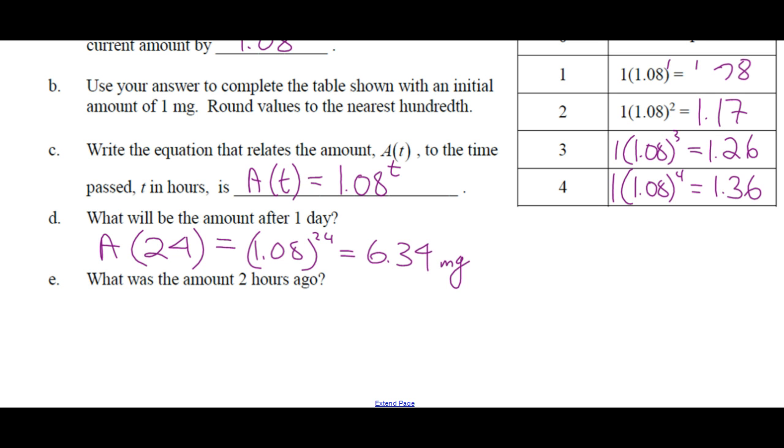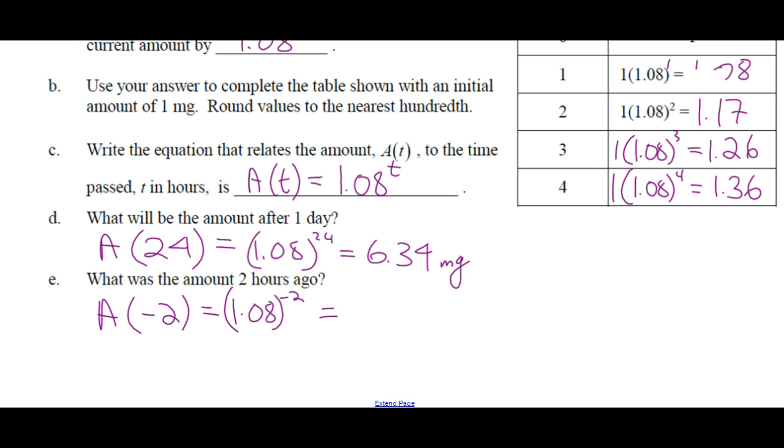Okay, and I think it's measured in milligrams, right? It's actually a mass. What was the amount 2 hours ago? Because it's milligrams of, what is this amount of bacteria? So it's milligrams of bacteria. So how would we express 2 hours ago? -2. Right? The time now is a of 0. The time an hour ago would be a of -1. It's a of -2, which is 1.08 to the -2, which is,